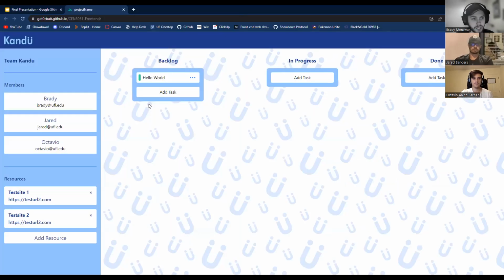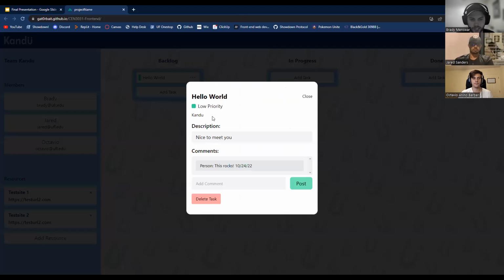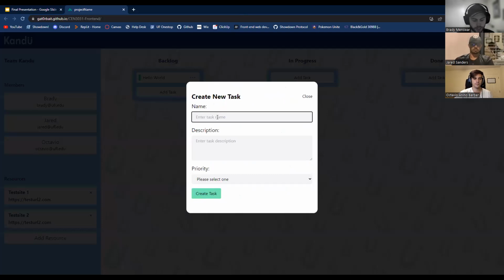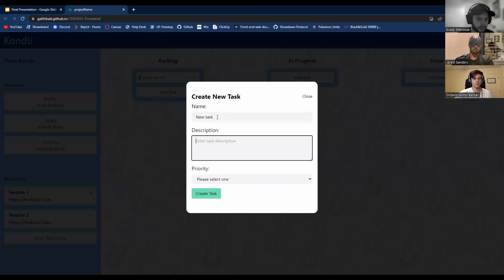Here is our website, Kandu. And you can see already that we have one task in our backlog for Hello World. We can click these three dots to see it's a low priority task. You get a nice description and then any comments that might be with it. And then if we were to add a new task, we could make a new task, give it any